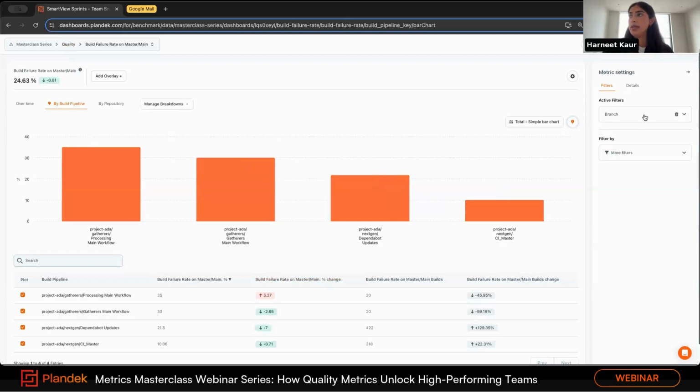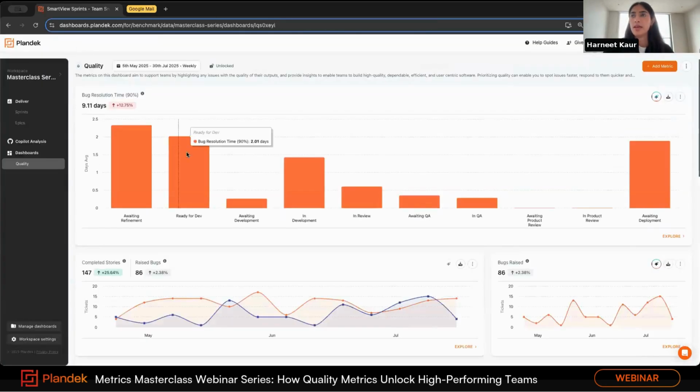So again, here we can filter by certain branches as well, because it's looking at your data. And for now, we've just looked at the master branch. So if I go out again,